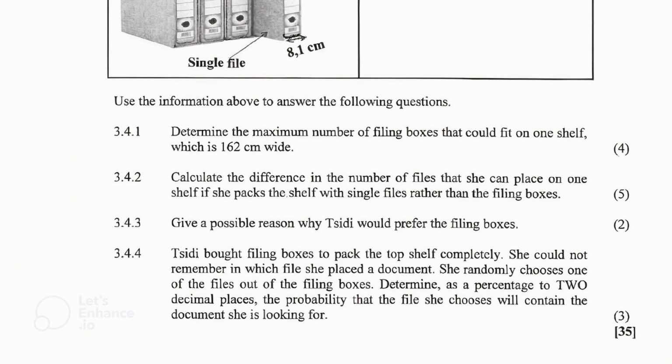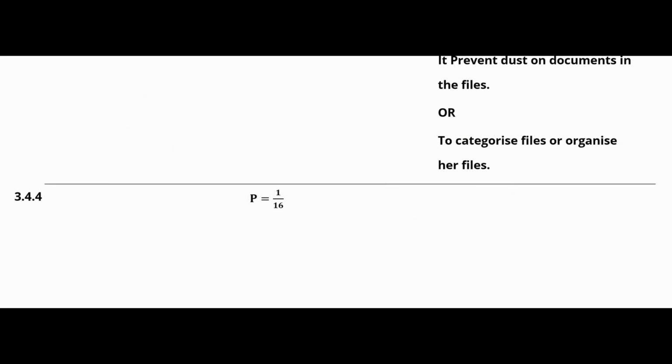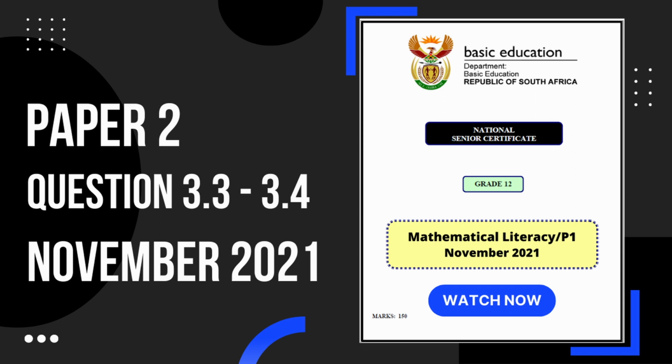The probability of randomly choosing a file that contains the document she is looking for is 1 out of 16. As a percentage, this is 1 over 16 multiplied by 100, and this gives us a probability of 6.25%. And that's going to be it for question 3.3 and